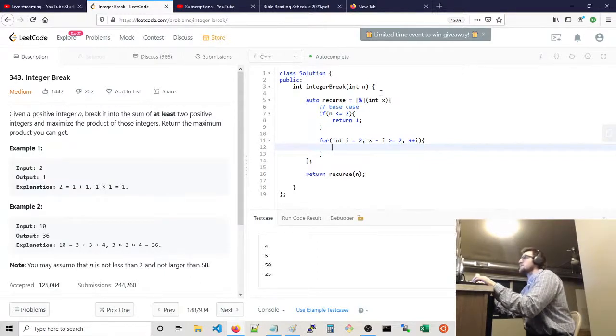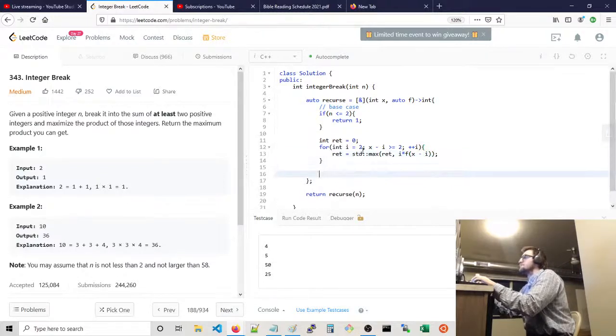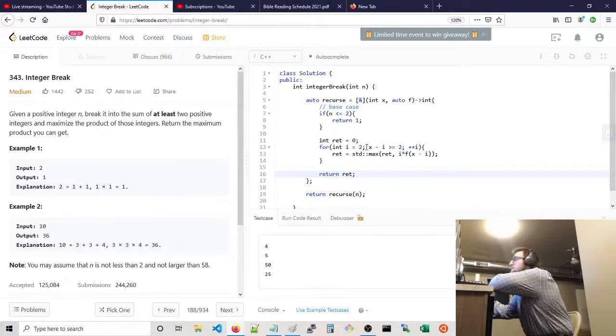Now we're going to say F, something like this. We take another number and we recurse,